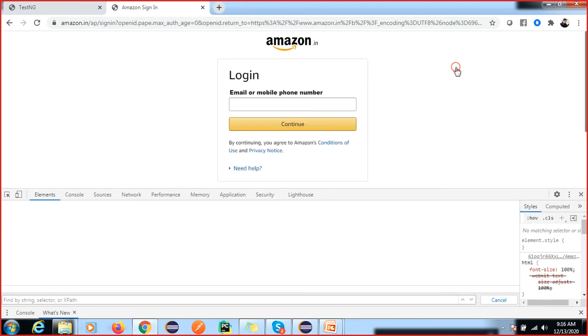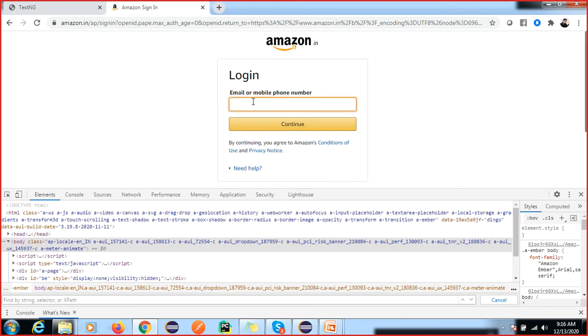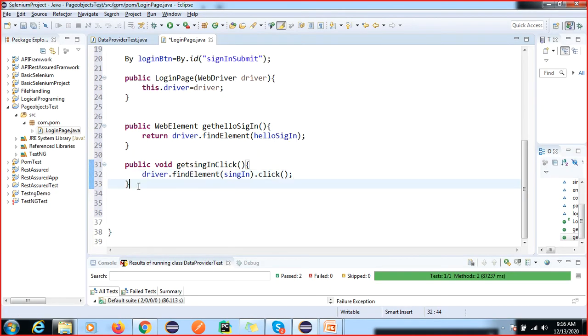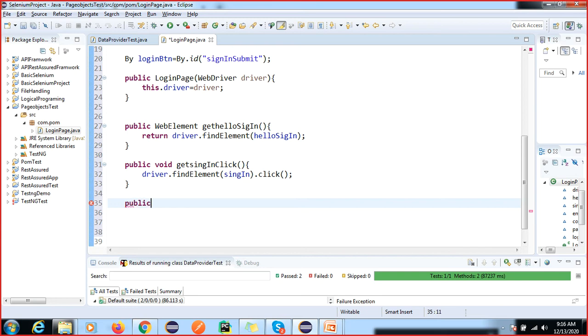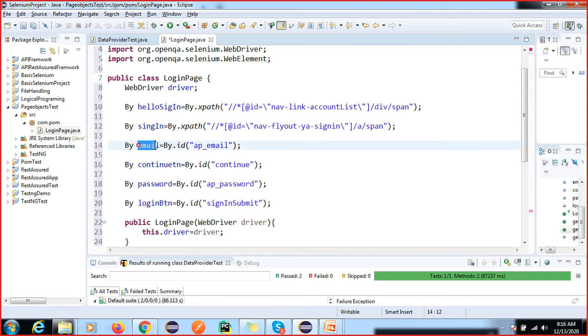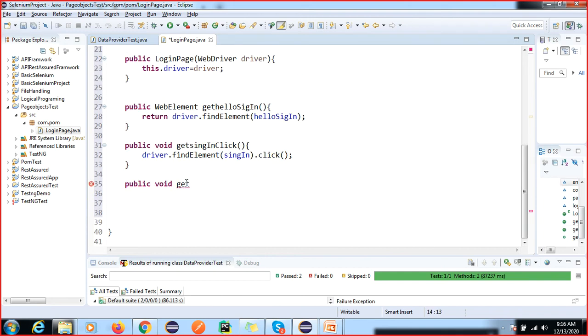Click, and then you have to enter the email, right? So now public, no need to return anything. Naming convention is very important.